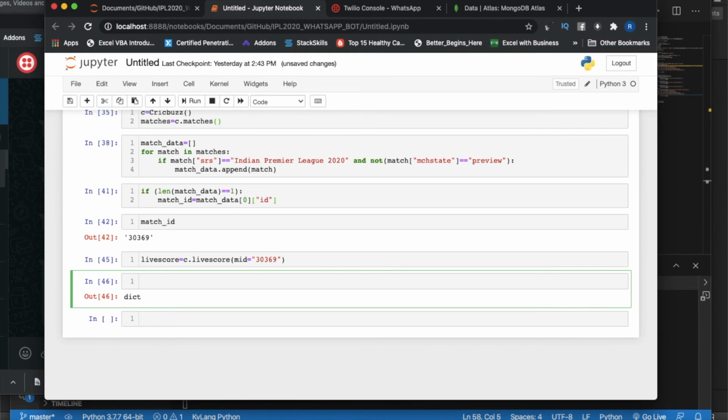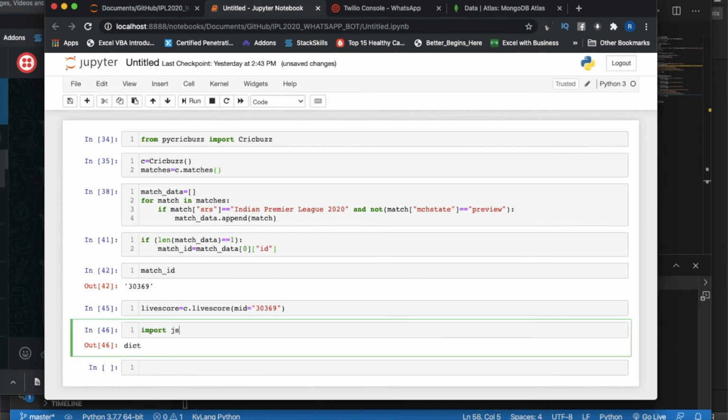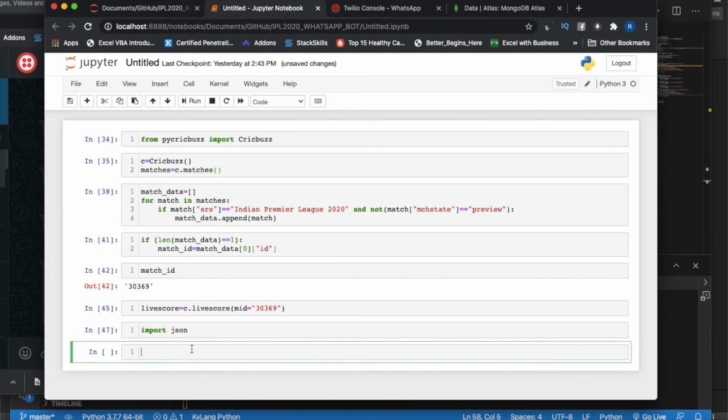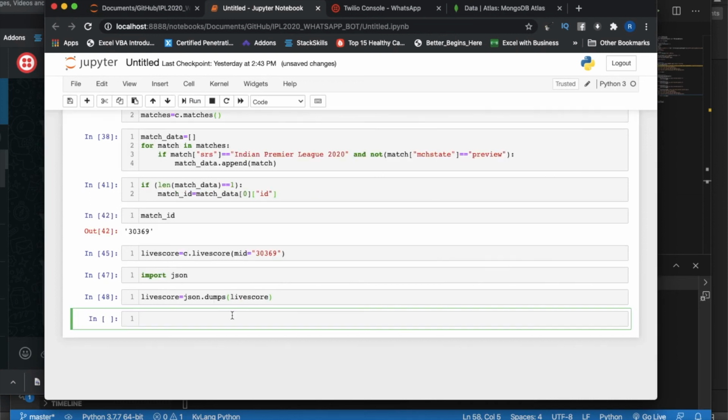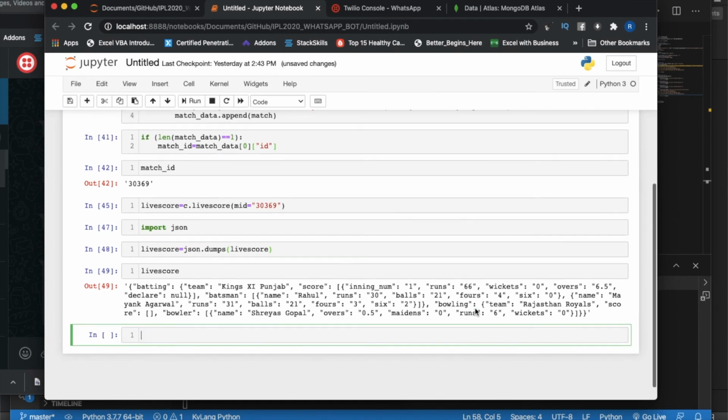You just have to encode this thing, nothing else. Just hold on. Maybe import json, and after that live_score equals json.dumps(live_score). So maybe after that, if you see, I got this thing. I just want to display the same thing in my browser window.